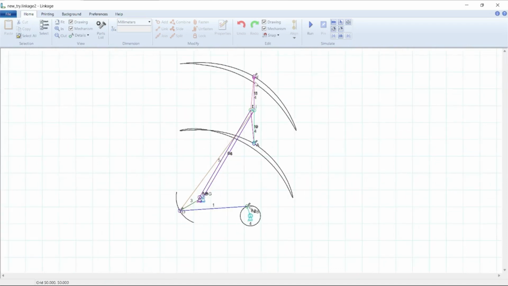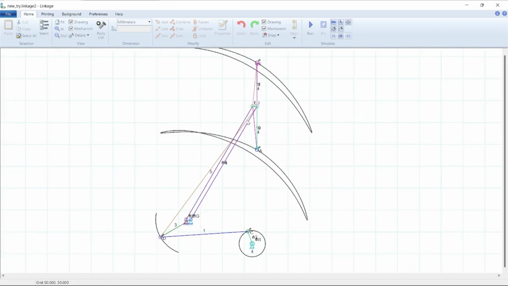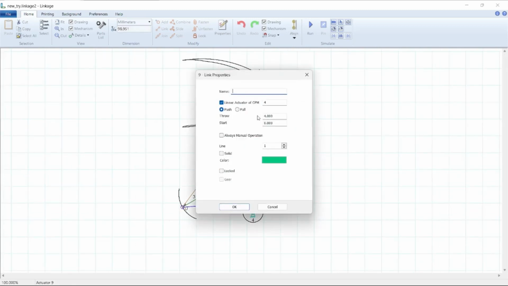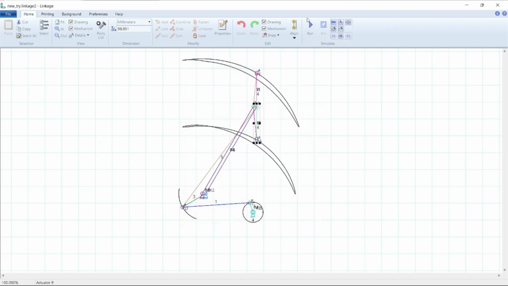So instead of just moving in a straight line or in a defined path, it also revolves around this link with a constant speed, as you can see with the values I have mentioned, with a CPM of 4 and a throw of 4. So as we run it,